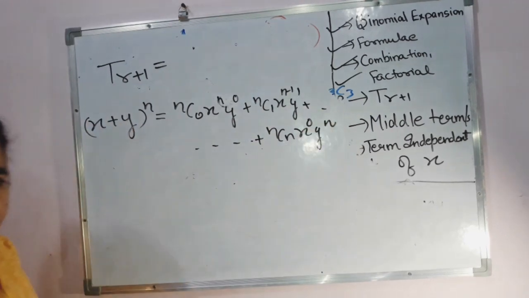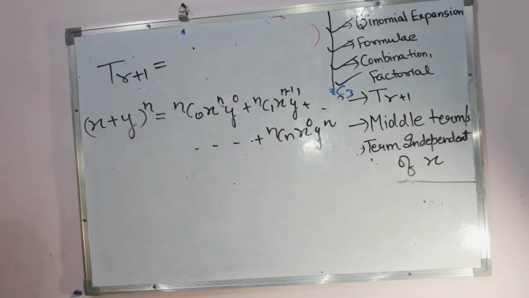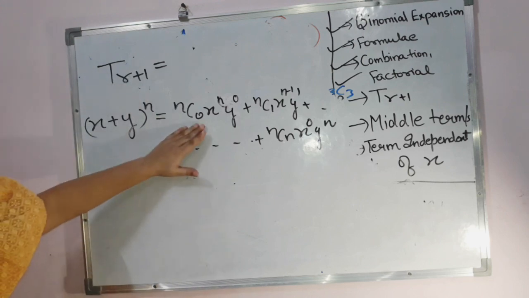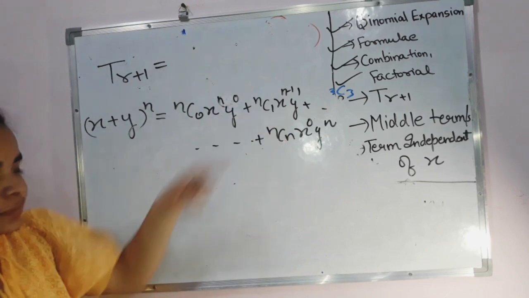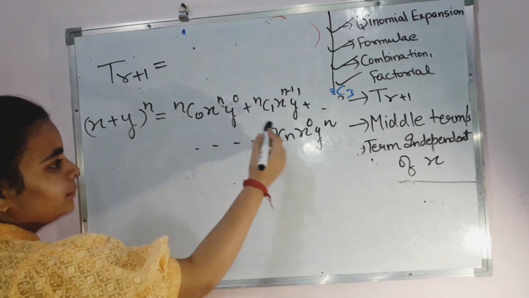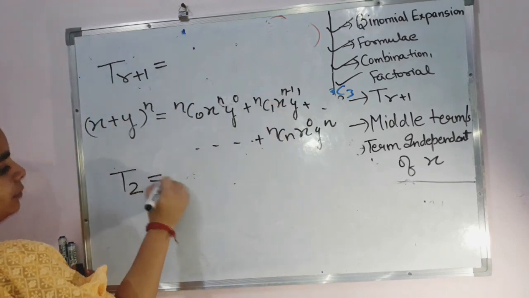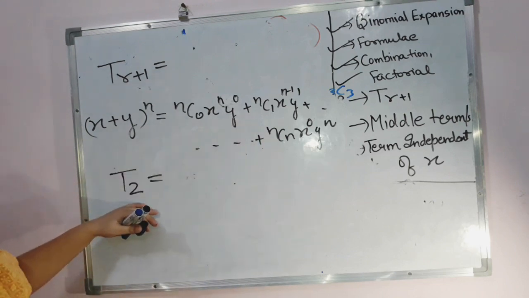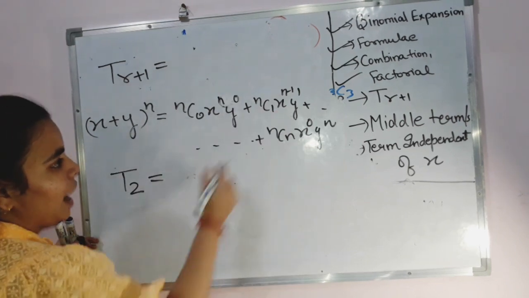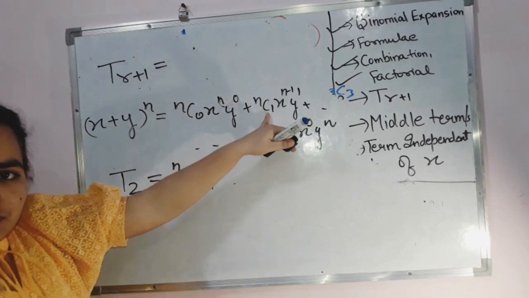Was it this? Right? Now, if I have to get the r plus 1th term, since I am starting from 0, that means this is my second term. This is my second term. This is my first term. This is my second term. Let us say I have to get my second term. Let us derive for second term right now from this only. If I was to get my second term, then what was I having? I was having nc 2 minus 1. 1 I can write as 2 minus 1.